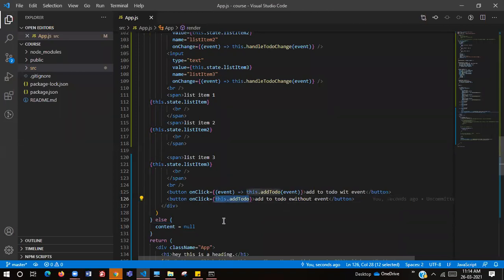React JavaScript sends the event parameter, the event object, directly without even declaring this. But along with this, if you want any parameter, say we need to send a string, then we can write this function.